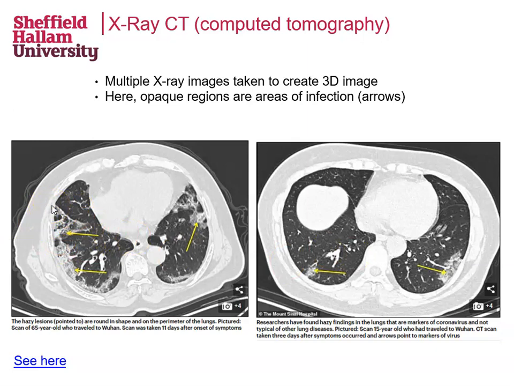One consistent characteristic coming up with COVID-19 patients is these hazy lesions on the periphery of the lungs, so there, around here as well, and in this patient there and there, and those are regions where we've got